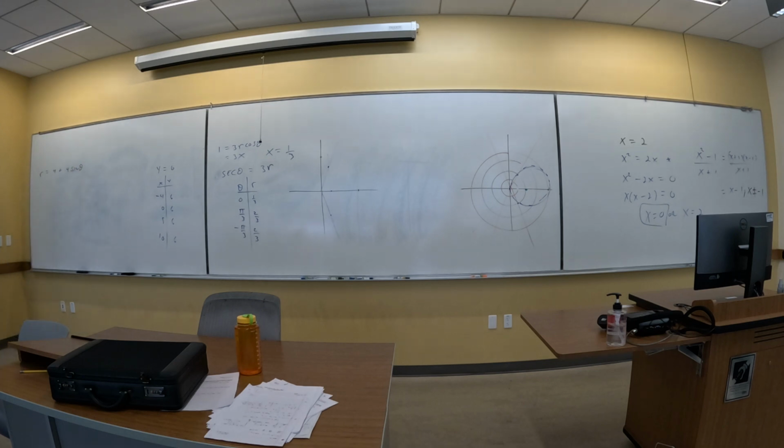Now, I could try to convert this to xy. Real quick check. If theta is 3 pi over 2, then the sine of theta would be -1, and the value of r would be 0. So would it be legal for me to multiply both sides by r here? Yeah, that's why I just said that. By the way, if that was bigger than 4, then a no. So if I multiply both sides by r,